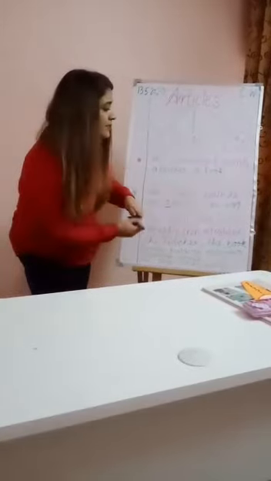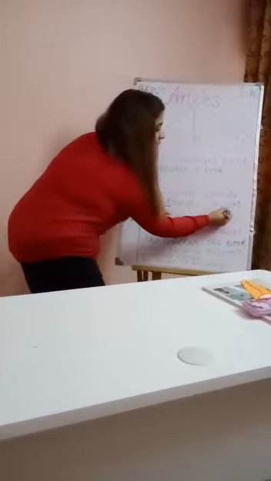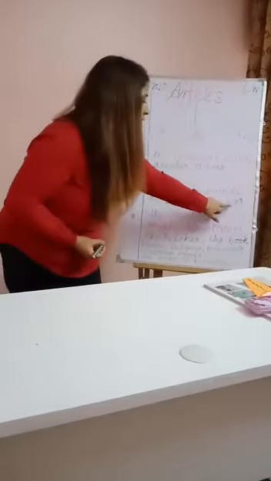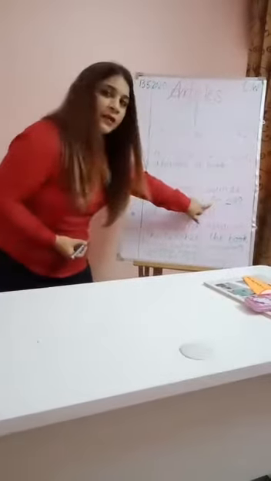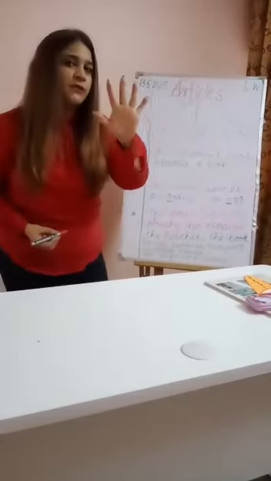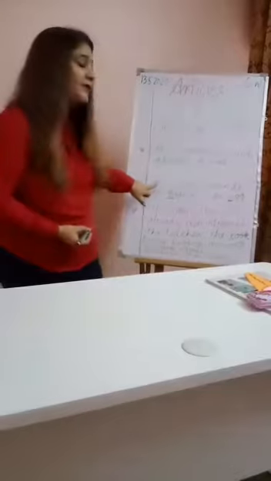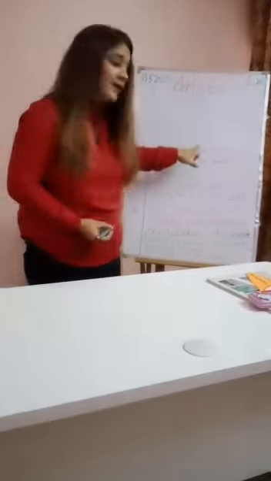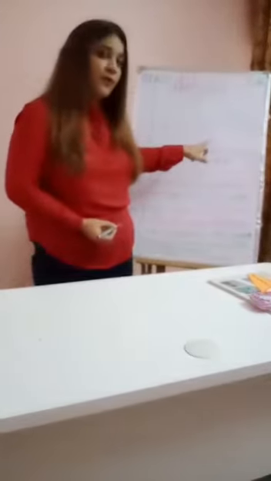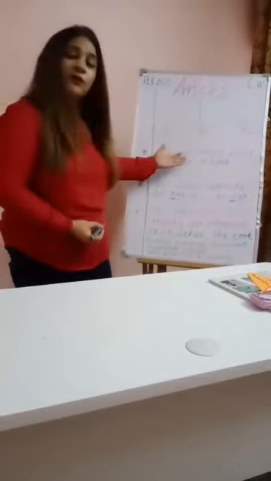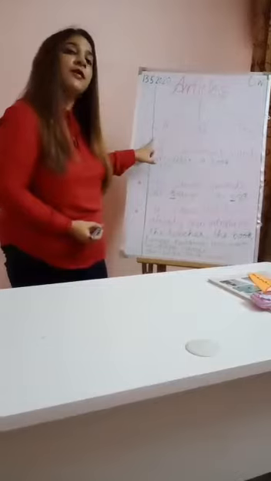The next word is egg. Egg starts with E. Again, E is a vowel sound. So with egg also we will be using an. So with the 5 vowel sounds, A, E, I, O, U, we will be using the article an. And with the other left letters, which are 21 out of 26, and with other consonant sounds, we will be using a.